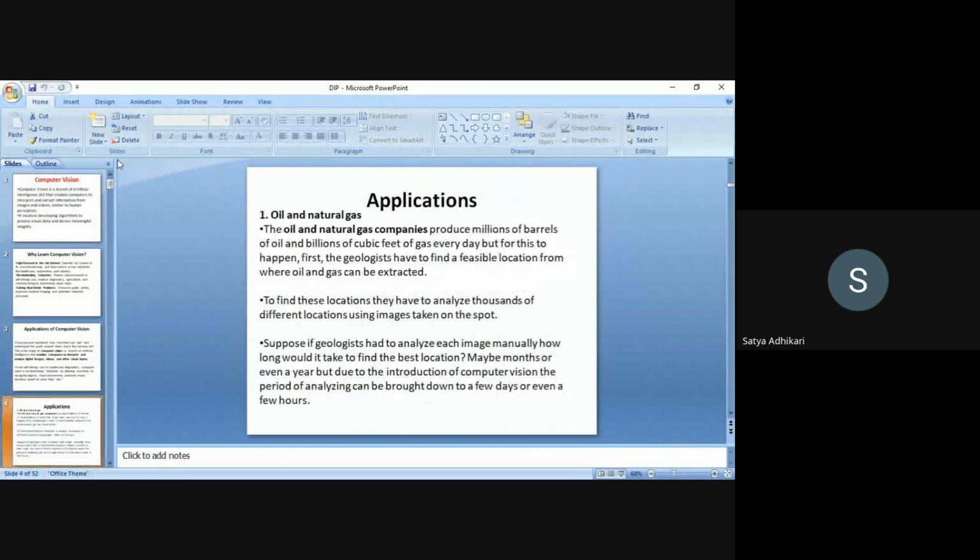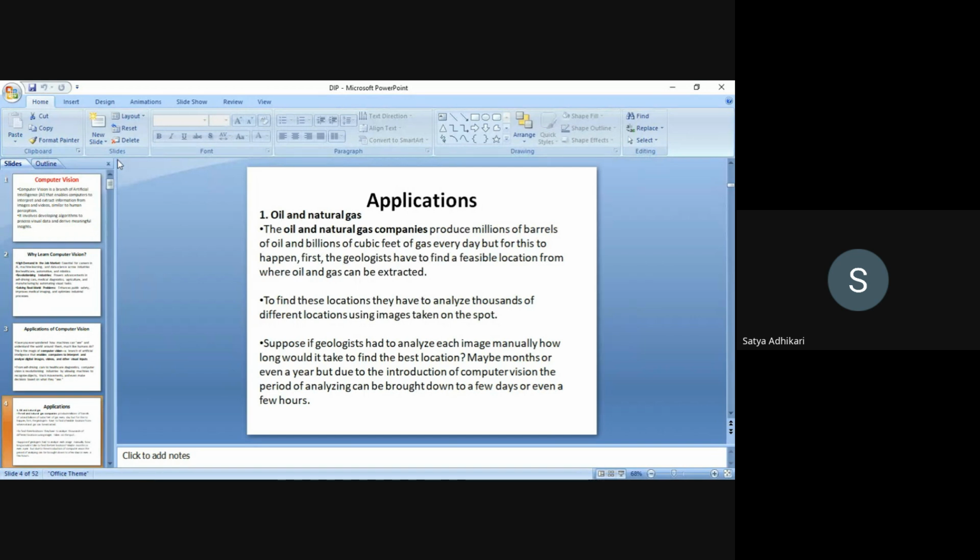The other applications are oil and natural gas. Oil and natural gas companies produce millions of barrels of oil and cubic feet of gas every day. But for this to happen, first the geologists have to find a feasible location from where oil and gas can be extracted. To find this location, they have to analyze